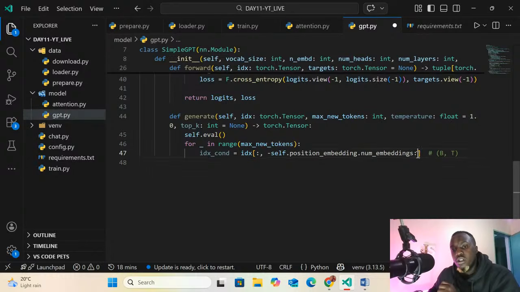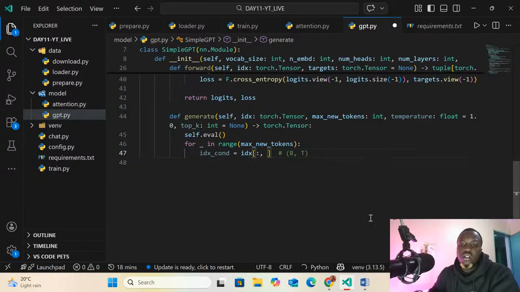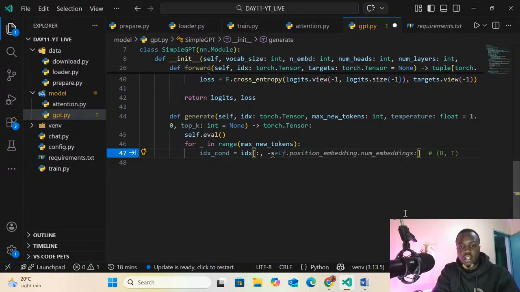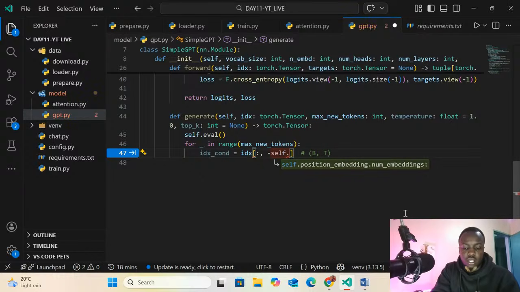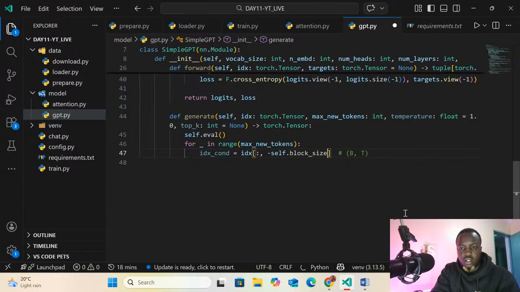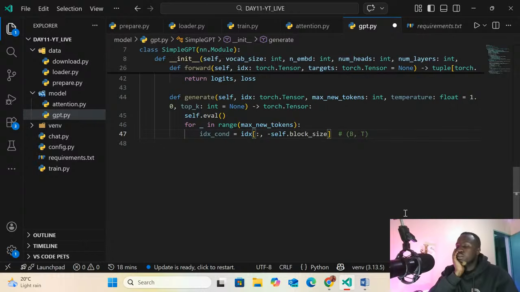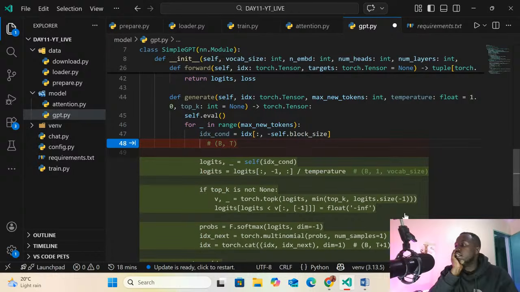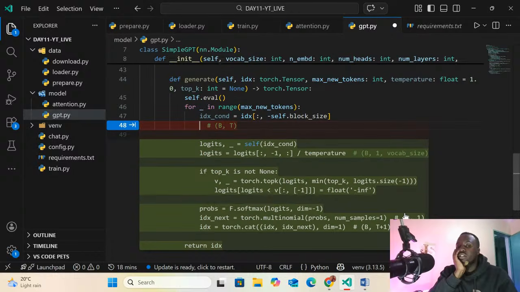No, that one is wrong. We just calculate self.block_size. There you go. Now what else do I need? I need to calculate the logits.